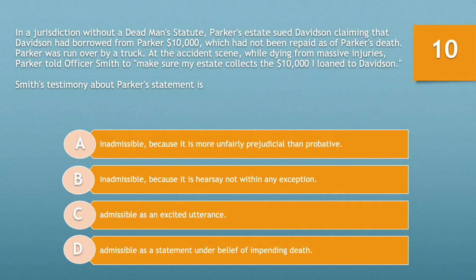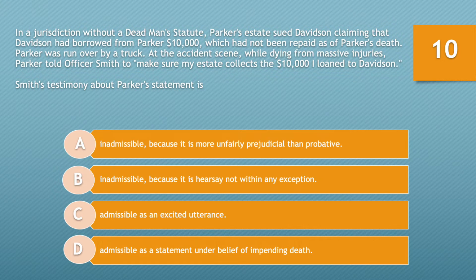And our final question for this grouping. In a jurisdiction without a dead man statute, Parker's estate sued Davison, claiming that Davison had borrowed from Parker $10,000, which had not been repaid as of Parker's death. Parker was run over by a truck. At the accident scene, while dying from massive injuries, Parker told Officer Smith to make sure my estate collects the $10,000 I loaned to Davison. Smith's testimony about Parker's statement is